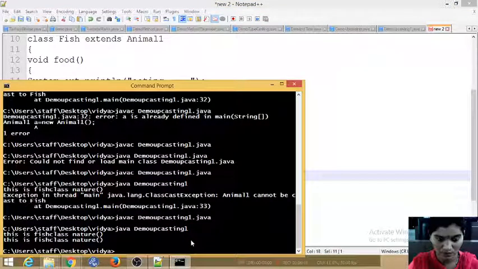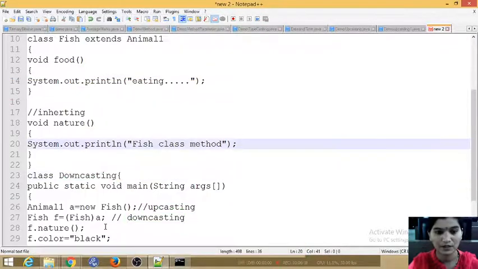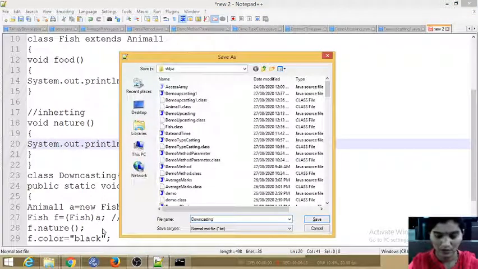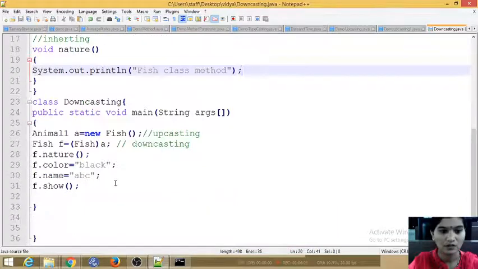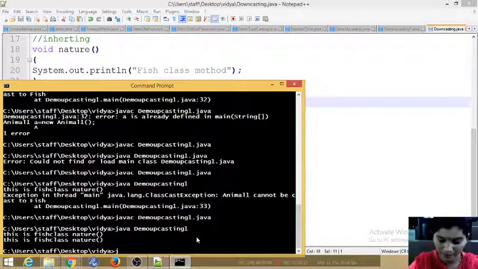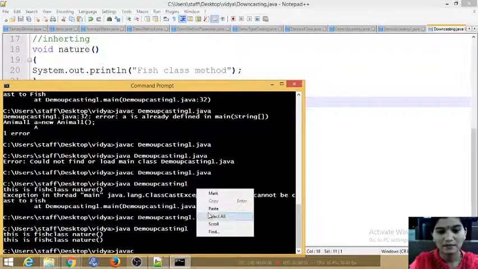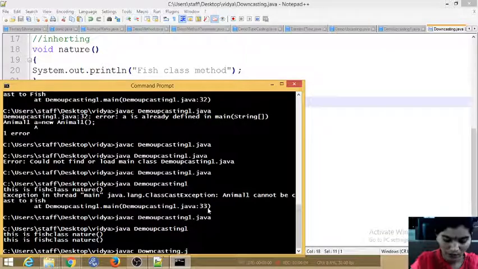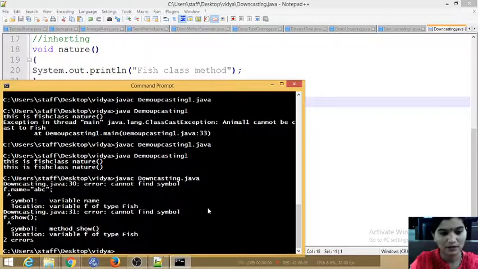First I need to save the file, as the class name dot java. Now we'll run the program: javac with the class name dot java. It shows an error for f name.